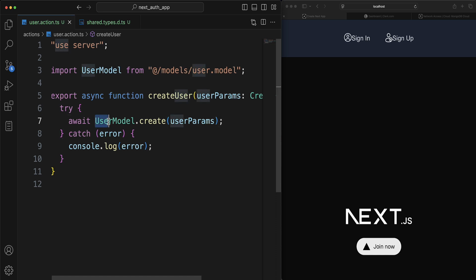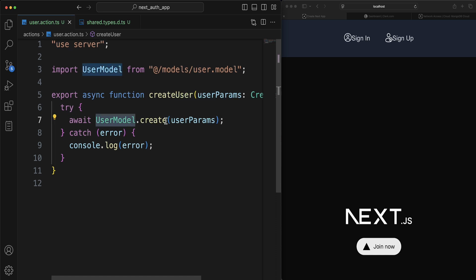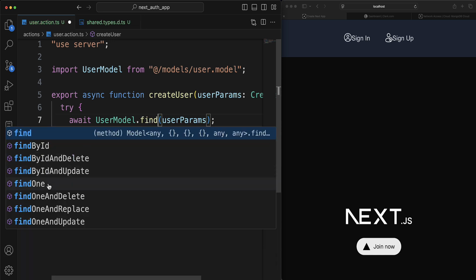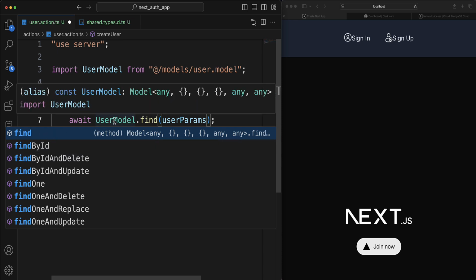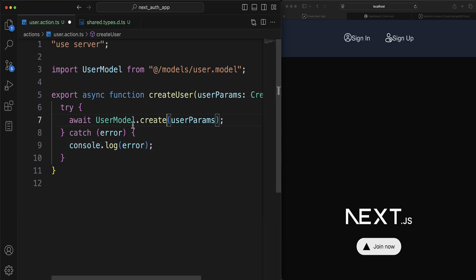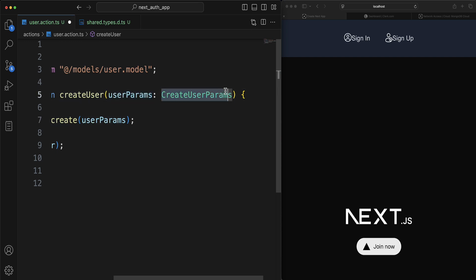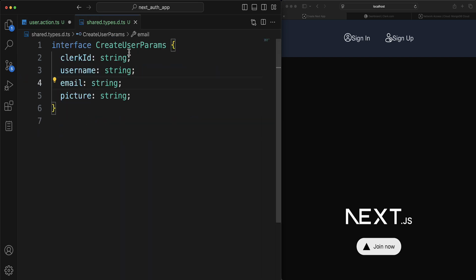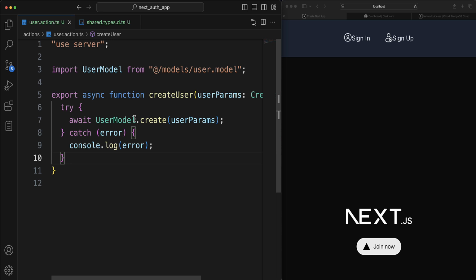So you can see how we've used the user model right here to say .create, and it has a whole bunch of other functions that we can use. It has findOne, delete, findOneAndReplace, findByIdAndDelete, findById, find, and it has create as well. That is, it has createCollection, createIndexes, and all of that, all on the user model. But for now, we just want to create a user on the database. So we create the user using the user params, which looks like the data we have here inside of the CreateUserParams. Okay, so that means we've successfully created a server action to be able to create a user